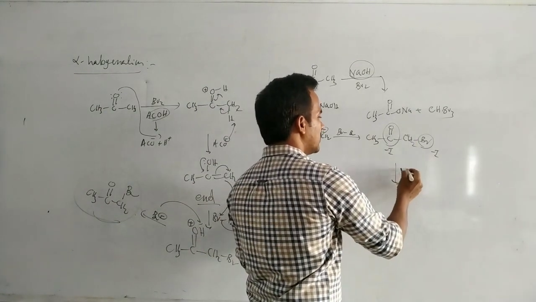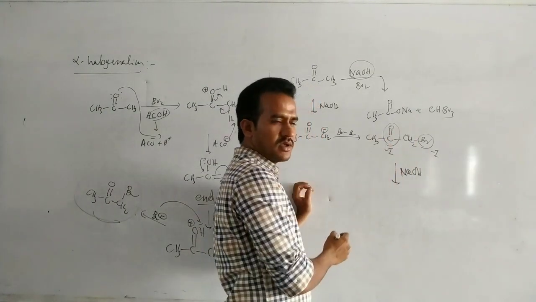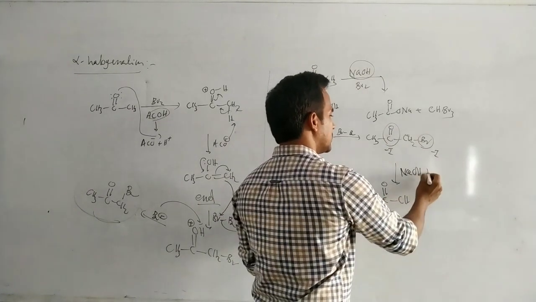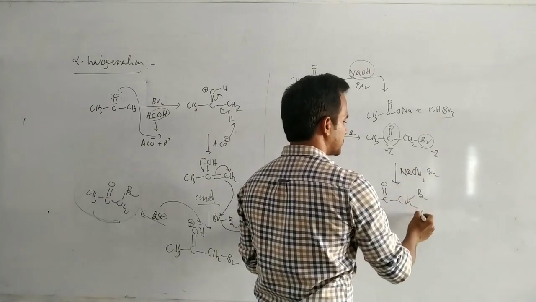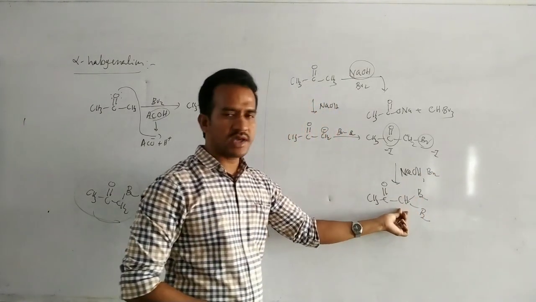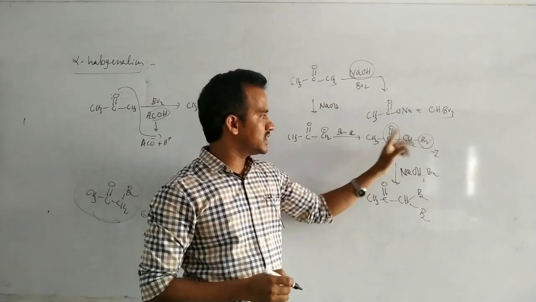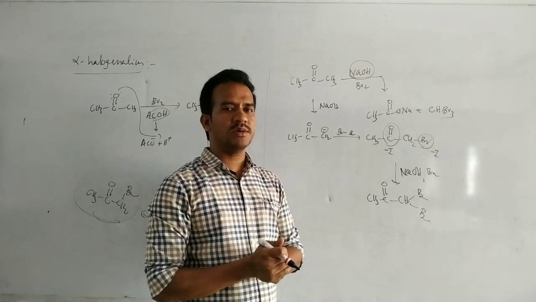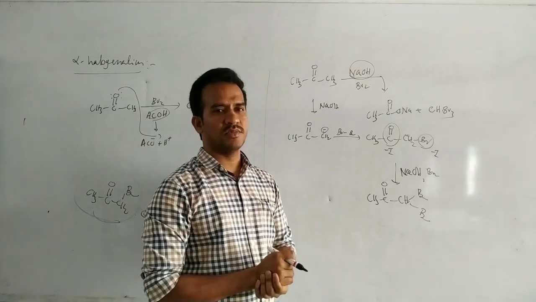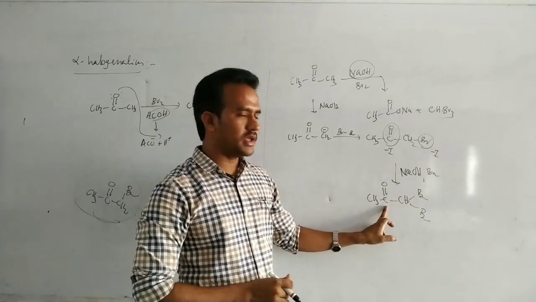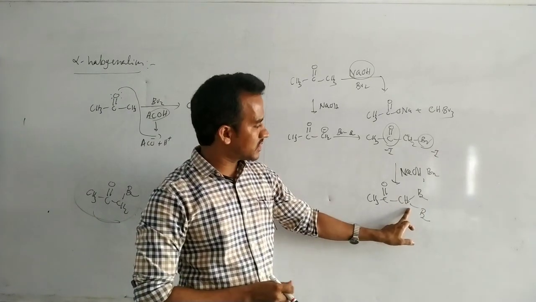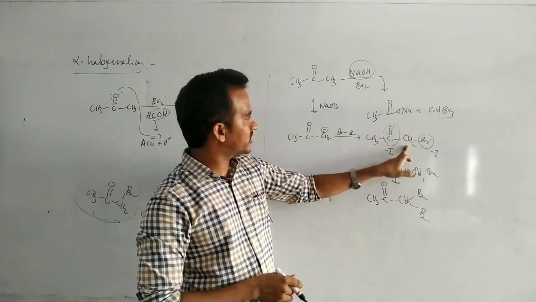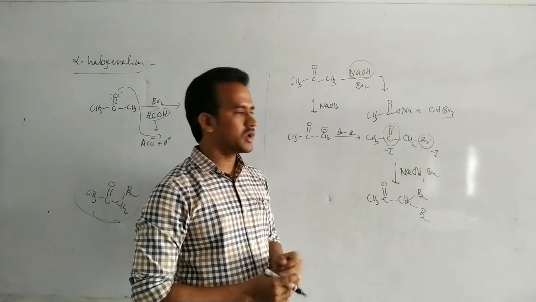These more acidic hydrogens further react with the base, giving CH3 C double bond O CHBr2 after alpha bromination again. Now this hydrogen is more acidic than the other two hydrogens. By replacement of hydrogen by bromine, the acidic nature increases. Here there are two minus I groups and there one minus I group. So these hydrogens are far more acidic than those hydrogens, and those hydrogens are more acidic than the remaining ones.